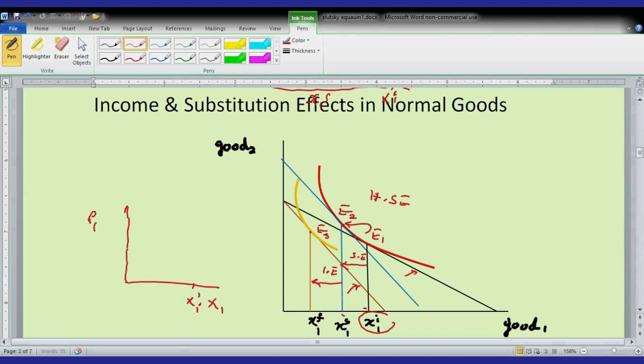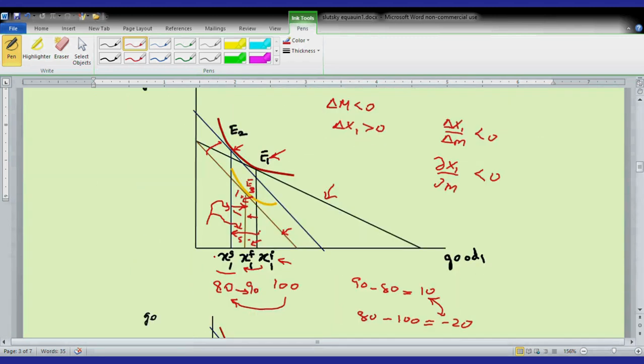Then see that as price increases, say for example from P1 to P1 dash, what happens is that consumption partly decreases because of the substitution effect, and partly it decreases because of the income effect, and so we observe a demand curve which is a little bit flatter. In this case, where income and substitution effects are moving in opposite direction, see if we plot the demand curve,